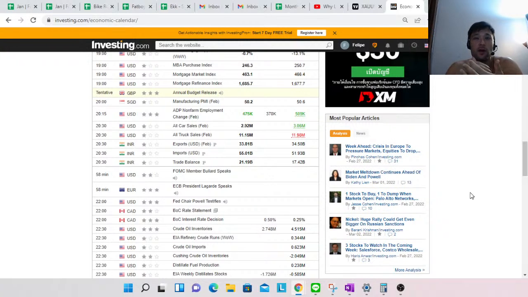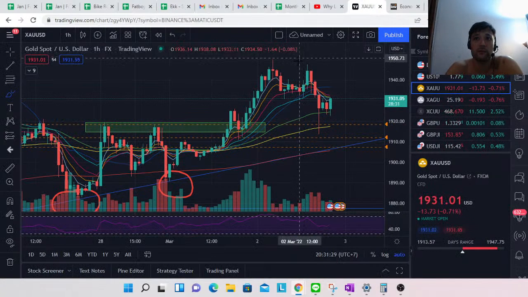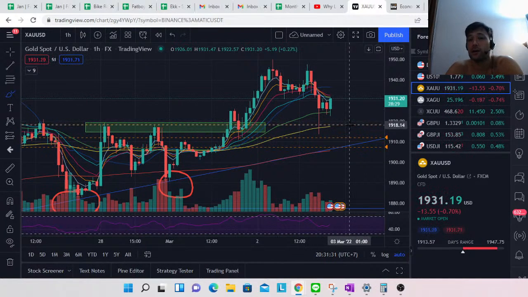So again, following our thesis that right now we're in a bullish market and you should be playing long. Don't try and short unless you're really scalping the market. Obviously there's volatility that could potentially come out of that, and we still have to remember that come Friday there is the NFP report.